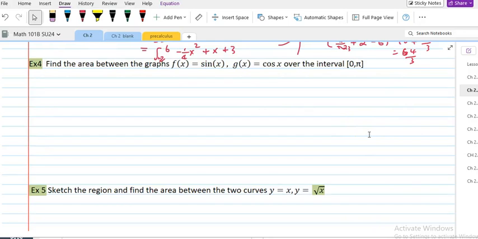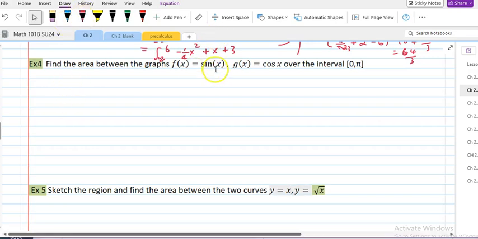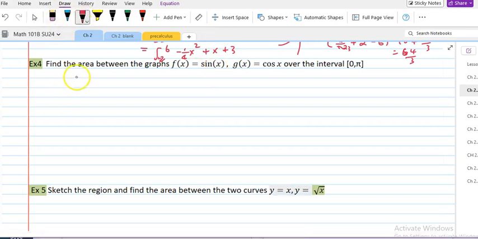We want to find the area between two curves. In example 4, we are given sine x and cosine x. They don't tell us if f is above g, but we were given an interval of 0 to pi. So it's a good idea to sketch them because they are just simple